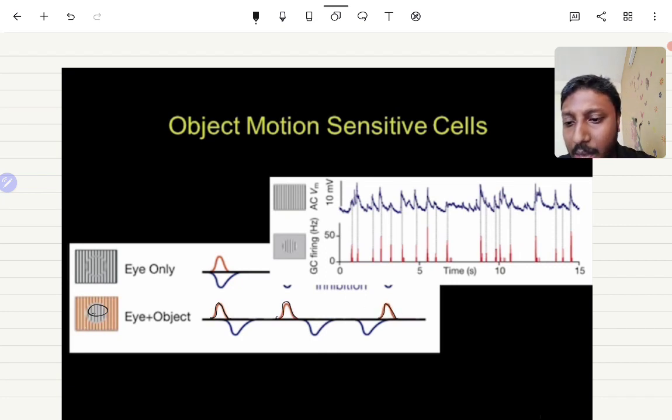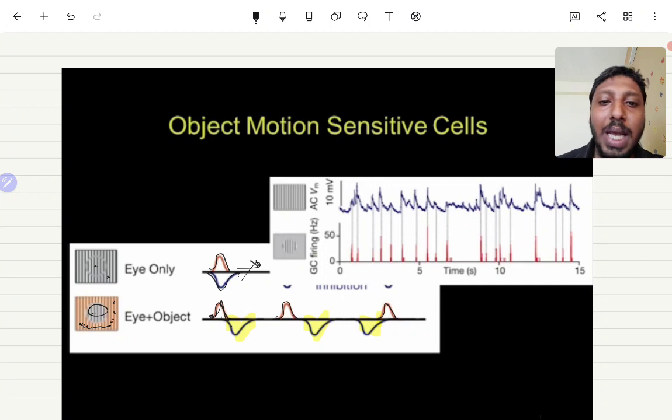Because the surround is not actually moving, it is out of sync, so you will get the responses. But if we are moving our head from side to side and everything is moving, the center moves along with the surround. So the center gives a positive wave, and the surround gives a negative, and both get cancelled off. So this is how our retina gives object motion sensitive cells.